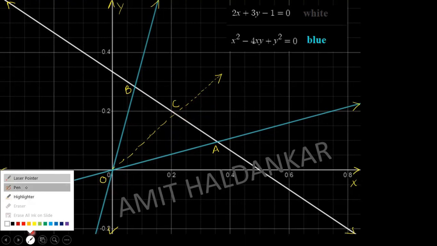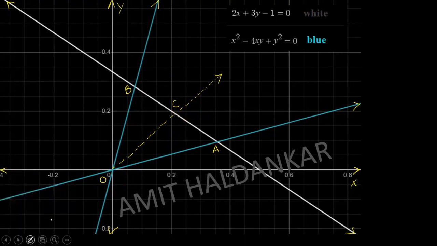Now to start, I'll go for A. Let's say A is taken as x1, y1 and B is taken as x2, y2. Then coordinates of C will be, since C is the midpoint, because OC is the median. OC is the median. So C is the midpoint